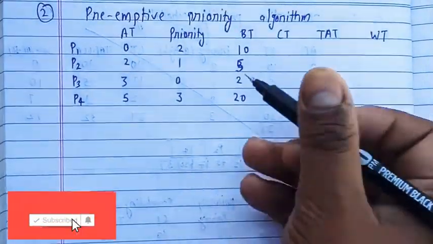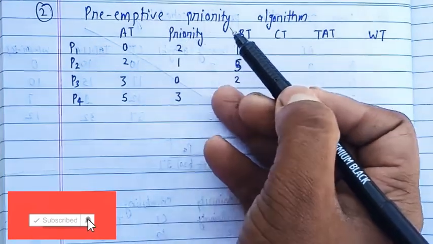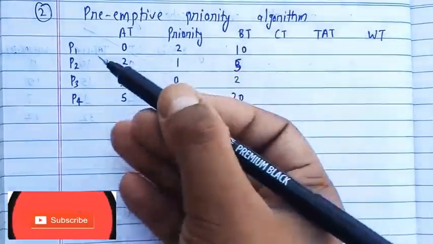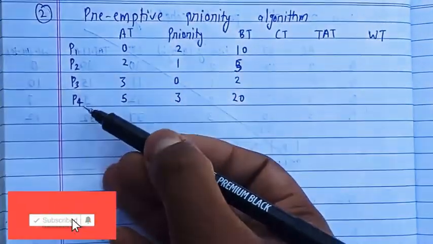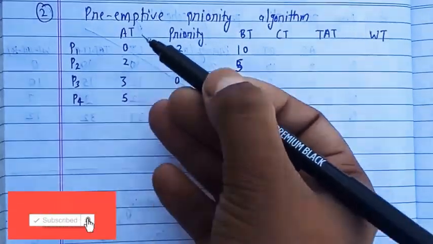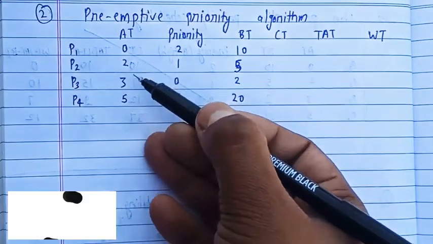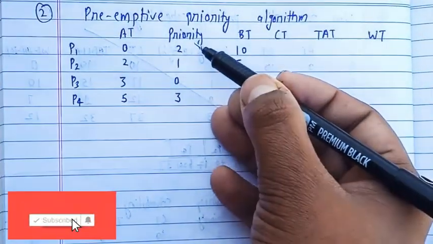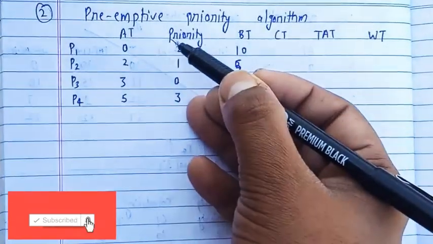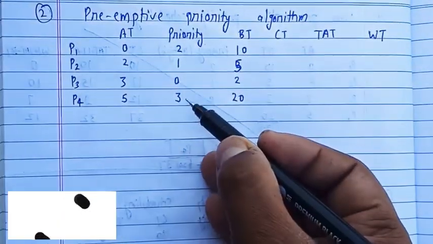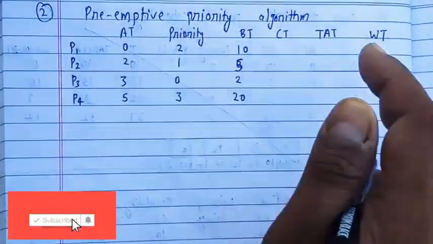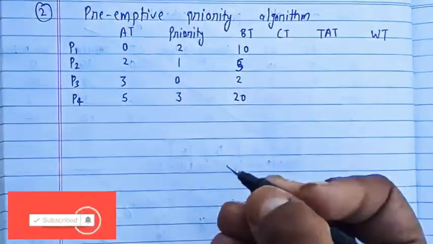Today we are going to discuss the preemptive version of the priority algorithm, or we can say the preemptive priority algorithm. So let us consider the given example. There are four processes P1, P2, P3 and P4 whose arrival times are given as 0, 2, 3, 5 respectively, and here is the burst time, and this is the priority column. So 3 has the highest priority, and then 2, 1 and then 0 simply. So we do all the scheduling using the Gantt chart.